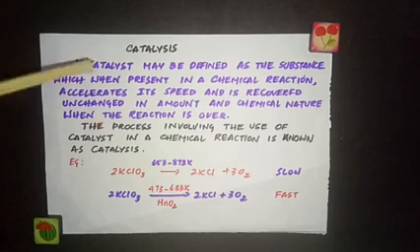And the third point is a catalyst remains unchanged in amount as well as chemical nature. As I told you in the definition itself, a catalyst will not undergo any change in the quantity and also in its chemical nature while it is catalyzing a chemical reaction. At the end of the reaction, it will come out unchanged. And a catalyst is very specific in nature, which we will be learning in detail. And the last point, a catalyst is more effective when it is present in finely divided form. As we have seen already, when the catalyst is present in finely divided form, the surface area will be more. When the surface area will be more, its effectiveness will be more. So a catalyst is more effective when it is present in finely divided form.